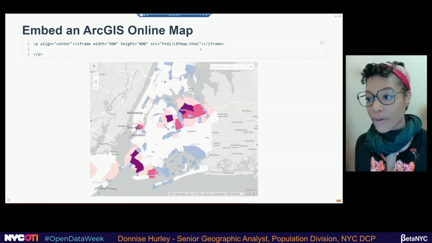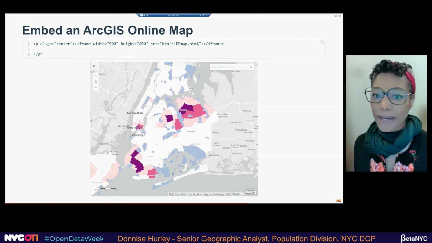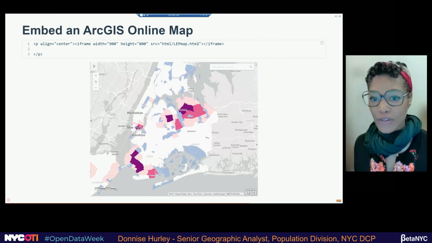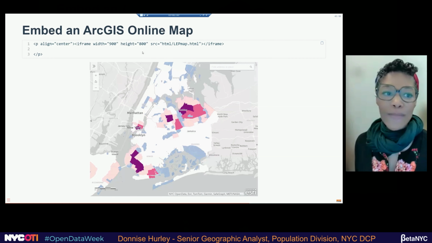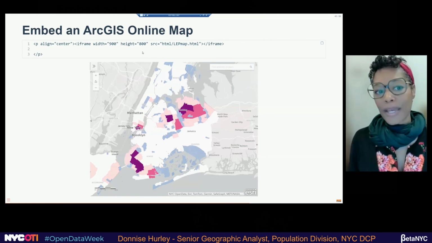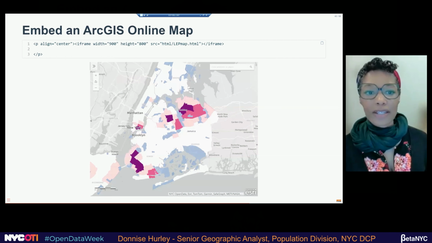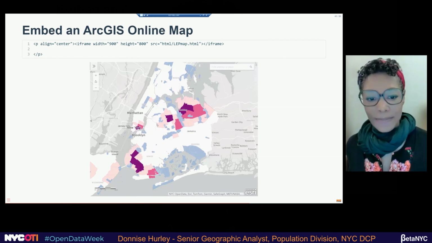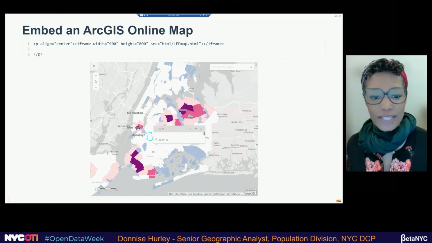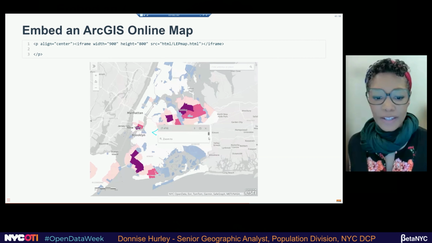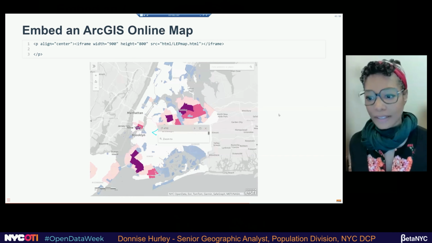So you can also embed websites. It has a similar embed feature. You can also embed video. So iframe brings in all types of interactive content, HTML widgets, which is what ArcGIS maps are, and it also brings in video. So you can see the map from our page is fully functional. It has the information that you would get from the website.